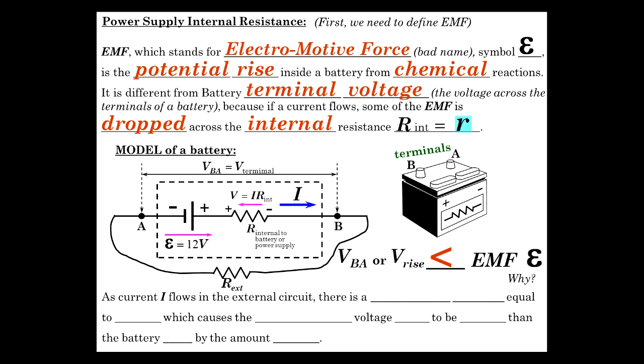As current flows in the external circuit, and what's in the external circuit is this I. It's everywhere in the external circuit, and actually internally as well, right? Because really this whole thing is a series circuit through the entire system. There is a voltage drop. What's that voltage drop equal to? IR internal. This is the voltage drop. And that causes the terminal voltage, what you measure from A to B, that's VBA, right? Voltage of B with respect to A, to be less than the battery EMF by the amount, this amount here,